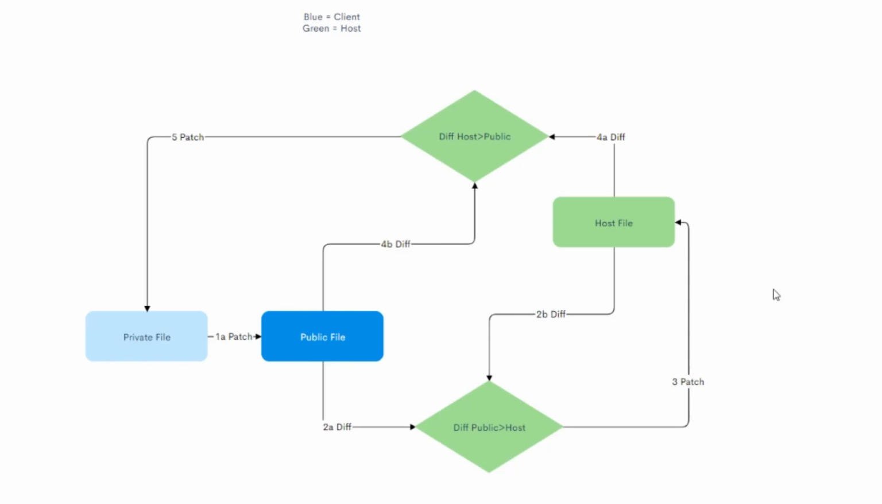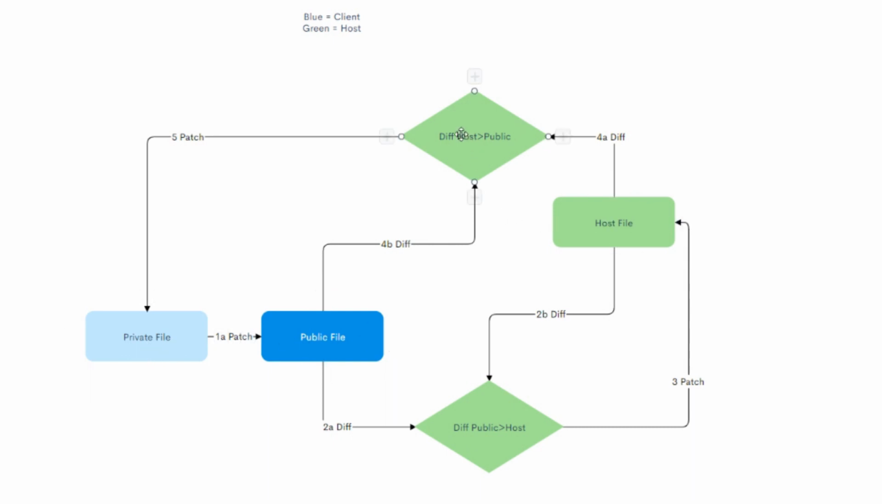Okay, so here's a general overview of how the networking works for this plugin. It starts with the host file. That's the actual script that you have in ServerScriptService or whatever it is, and you tell your plugin, I want to start simultaneously editing it. So then on your client, you create private file and public file, which are at first just exact copies of